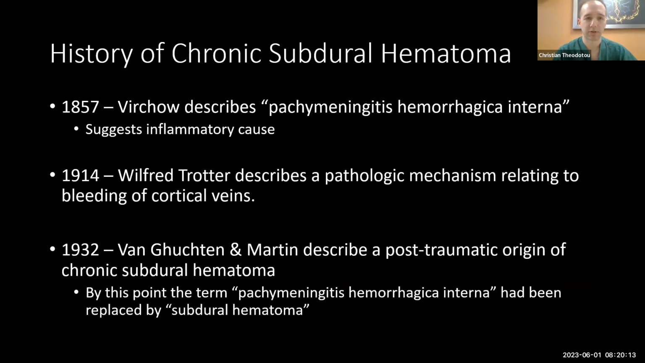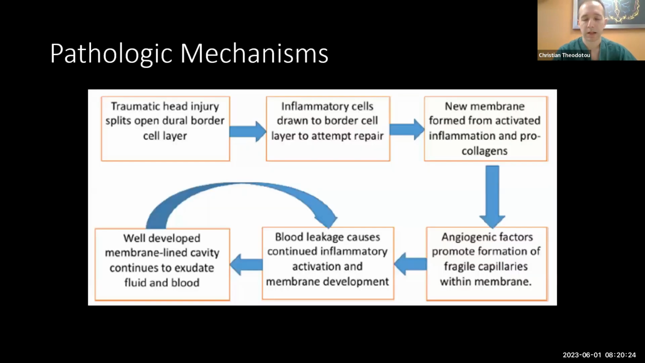Eventually, Virchow described pachymeningitis hemorrhagica interna, which ultimately became what is known as chronic subdural hematoma by other physicians. The mechanism of why chronic subdural hematomas become a problem is you end up with an acute hemorrhage from traumatic injury. There's inflammation. Inflammation draws in macrophages and other cells that then release